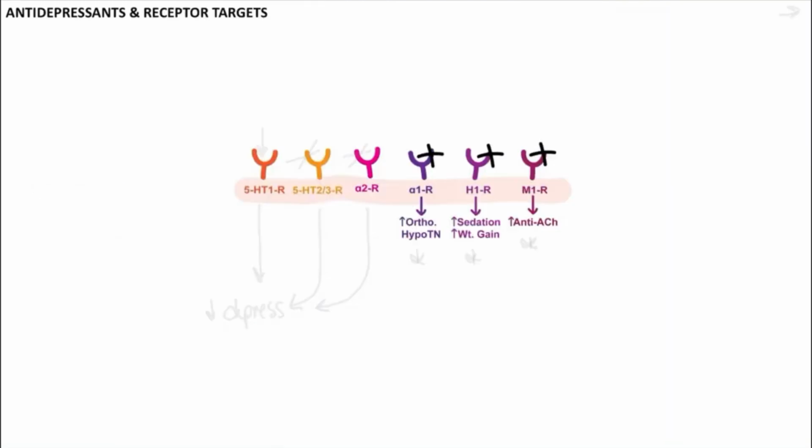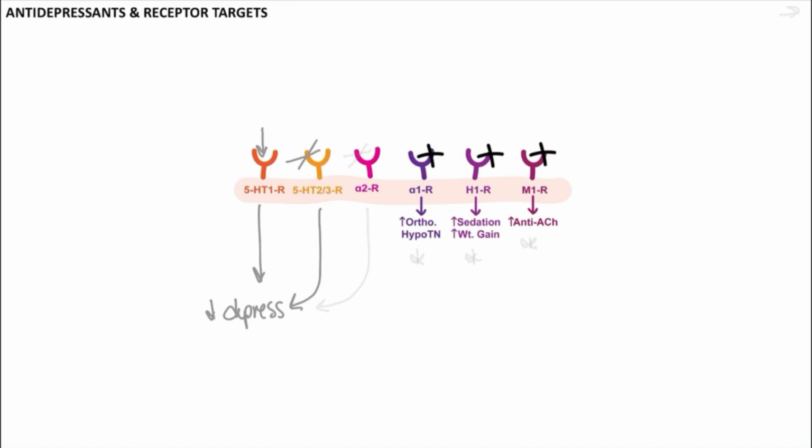So this schematic should look familiar, and we know that HT1 receptor agonism, either via drugs directly or indirectly through serotonin, generally improves depression. But agonism indirectly or directly at the serotonin 2 and 3 receptor subtypes is actually thought to lead to those depressive effects, the sexual dysfunction, anxiety, insomnia, anorexia, and GI distress. So antagonism at these receptor subtypes will lead to antidepressant effects.